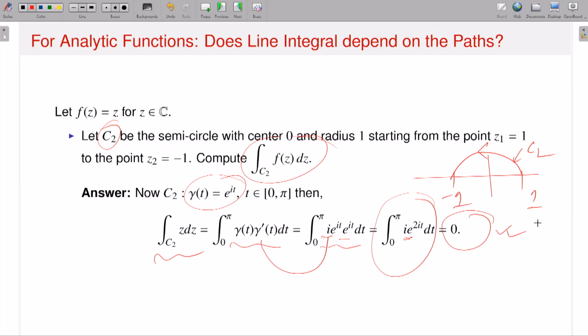Now if I deal with analytic functions and consider two paths, the value of integrating over C1 will be the same as integrating over C2. You can expect that if I take another path, say the lower semicircle, you check it, it also gives you 0. Any other path will also give you 0. So the dependency of the line integral on the path depends on the function itself. If I deal with nice functions, say analytic functions, on a nice domain, say an open connected or simply connected domain,